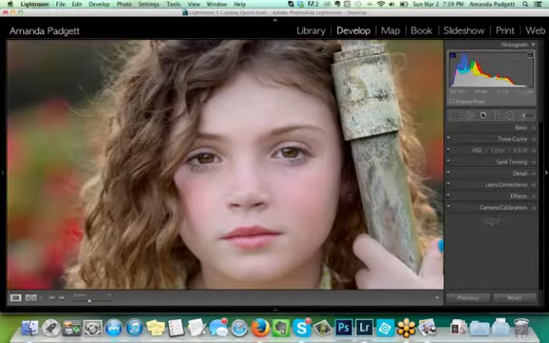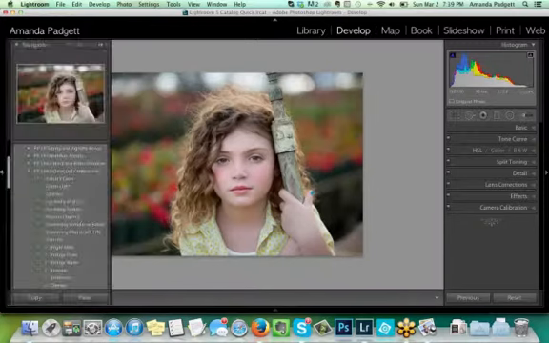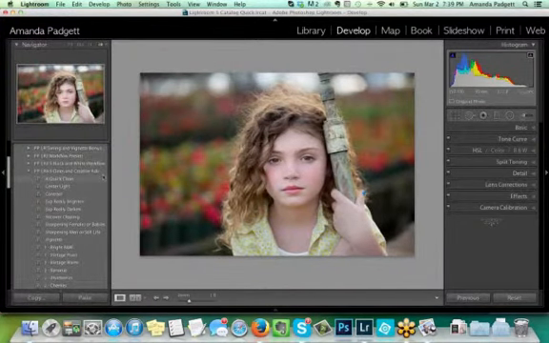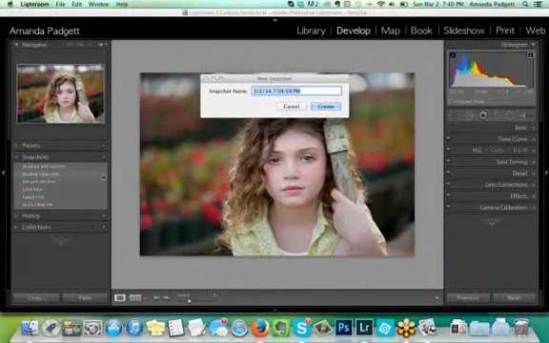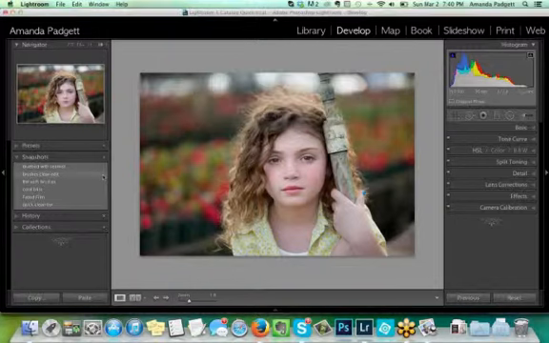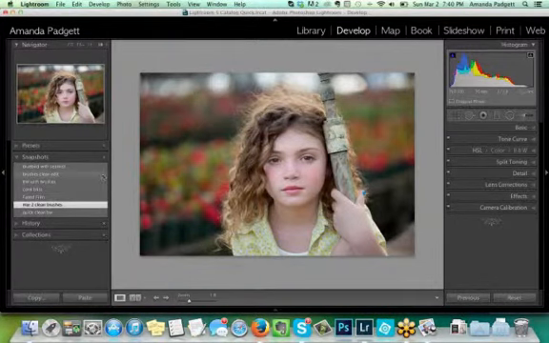And what I want to do is take a snapshot. So Command N, and I'm going to do March 2nd, clean brushes. Now you can apply presets. People love to use presets to create special looks and effects. And the